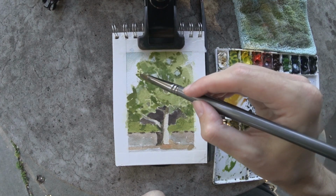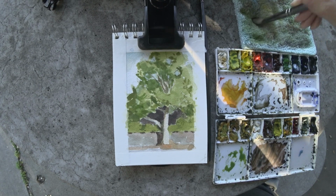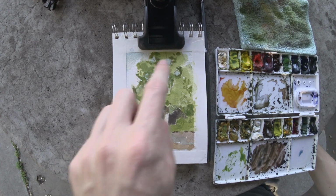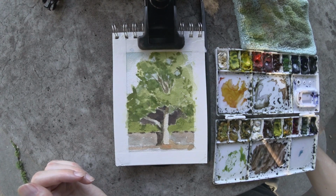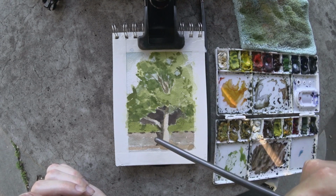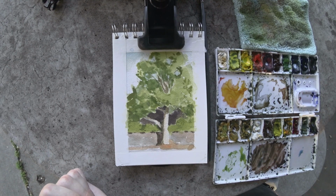It's a very chaotic tree. I should have simplified it. So that's what I'm trying to do now. I'm trying to simplify it. A lot of bad shapes in there, but yeah, I'm not sure what else I could do to it. You know, I like the contrast here. I like this shadow. You know, I like what's going on here, but